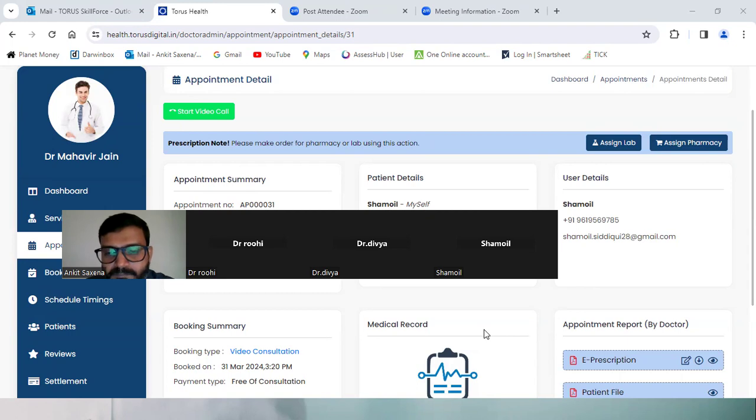If it's a clinic visit or a home visit, the e-prescription would be where you see the start video call option. At the time, if a slot is booked for 10:30, exactly at 10:30 the e-prescription generation button will pop up there.